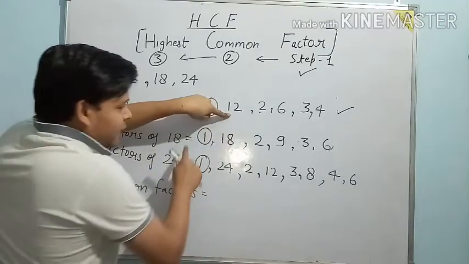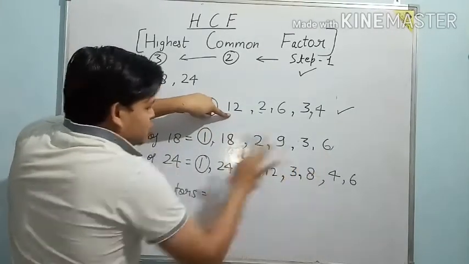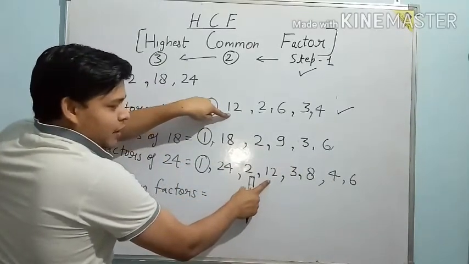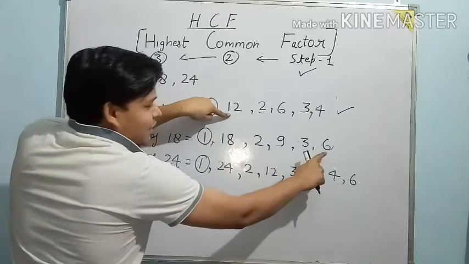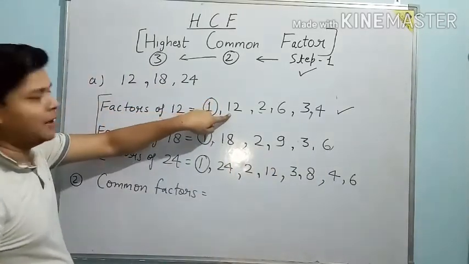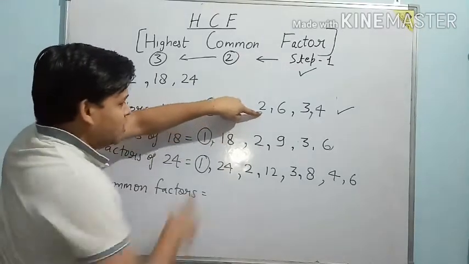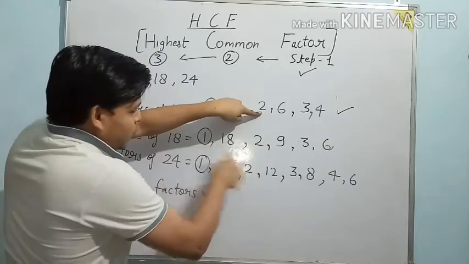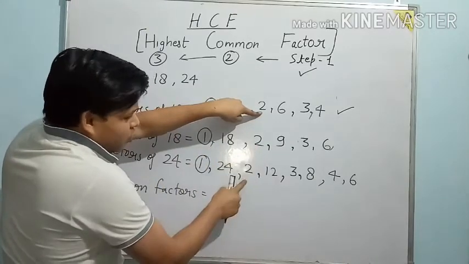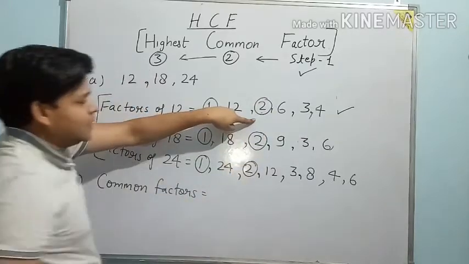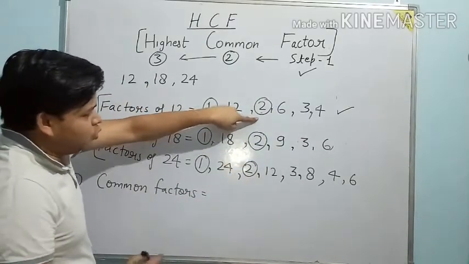So 12 we have here, but here we don't have 12. So no need to check the third one. Otherwise you all can see we have 12 here, but as it is not given in this one series, we will not take 12 as common. The next number is 2. Now we want to have 2. So 2 is here. Now checking this one, 2, yes. So 2 is given in all 3 series, in all 3 lines. So 2 is common.